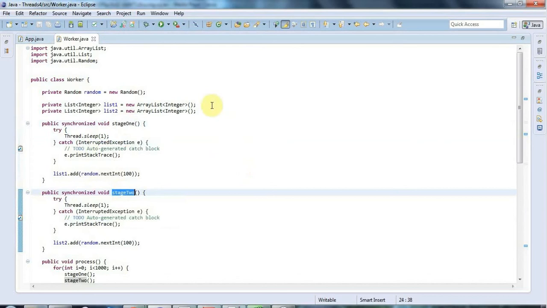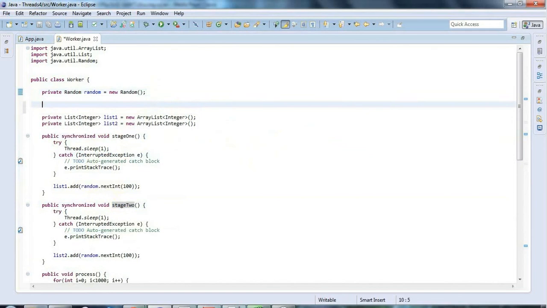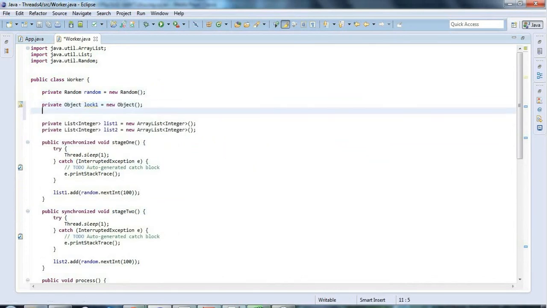So we can do that by creating separate locks and synchronizing on 2 locks separately. And we're going to look at the reentrant lock class later on in this series of tutorials, but here I'm going to show you a simple way of doing it just by using the object class to lock on. So I'm going to create an object here called lock1, which I'll set equal to a new object, and I'll create another object called lock2,